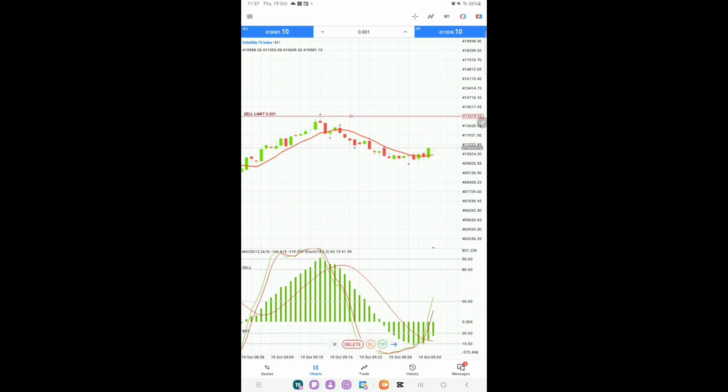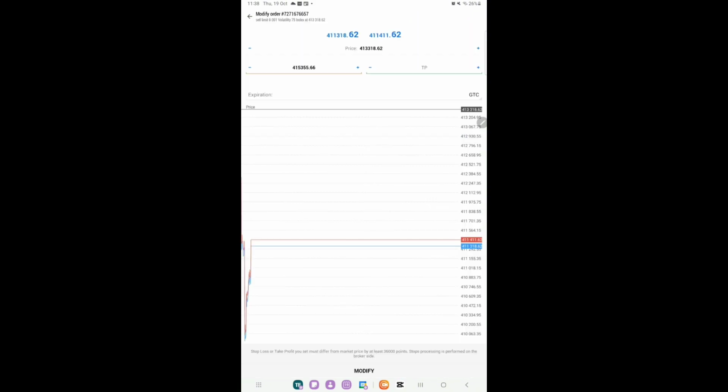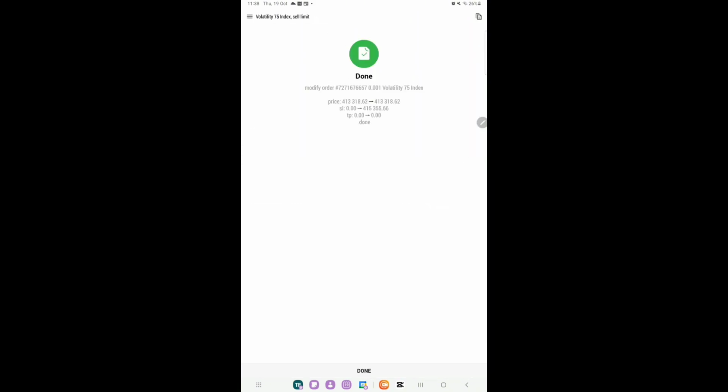So we're going to click on the order and just set it again. Stop loss at $2. Each move gives you $1. So from 413 to 414, that's $1. From 414 to 415, that's $2 loss. So you want to set the stop loss at 415, and then you're going to click the blue arrow, and then you click on modify, and then you